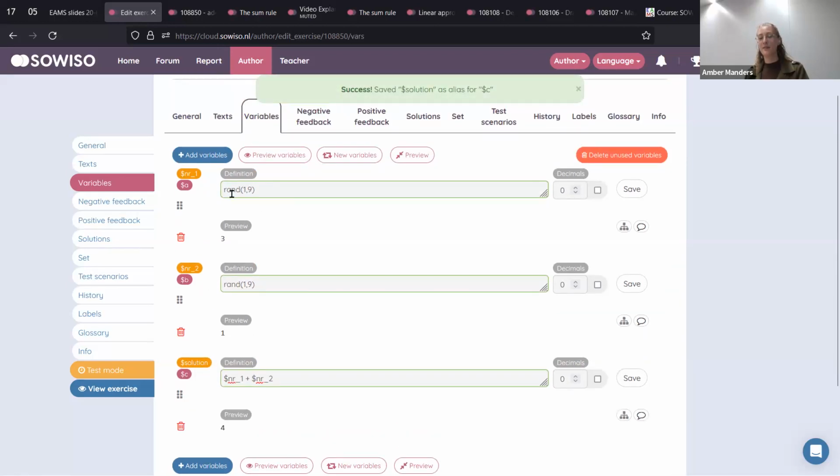Now, what I type in this definition field, right now this is PHP code, which is not really friendly for mathematical calculations. So what we can also do is instead of using PHP, we can use Maxima, which is a computer algebra system. It looks a lot like Mathematica and MATLAB and these kind of languages. We can also use Python, and we can use R, which is a statistical programming language.